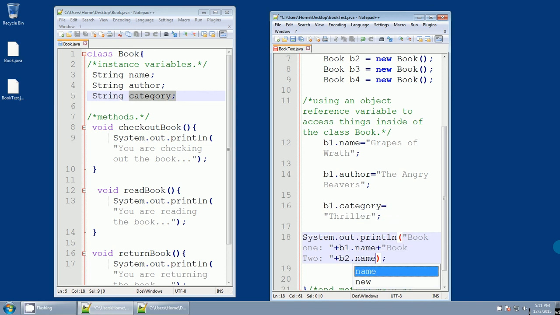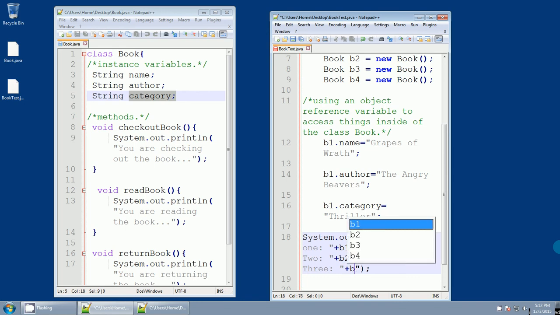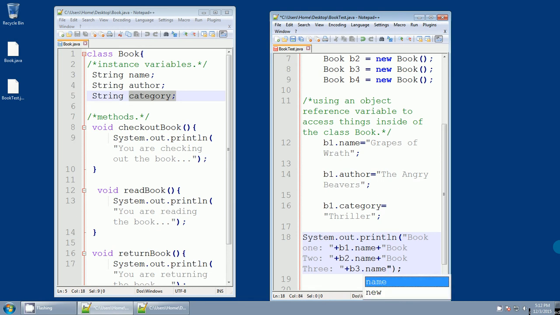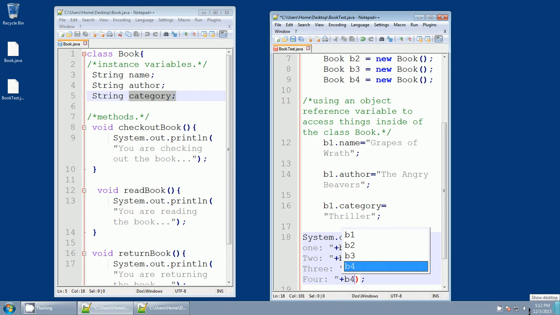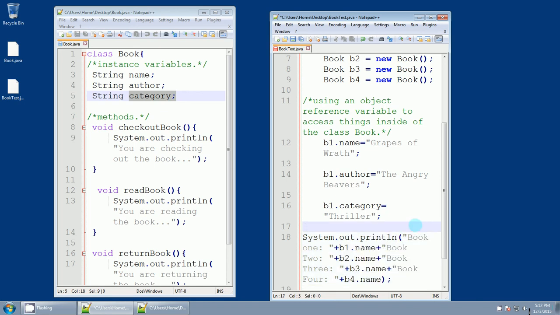b2.name plus "Book 3" plus b3.name, and lastly plus "Book 4 " and then concatenate b4.name. All right. Book 1, Book 2, and you see how when they're in double quotes, the strings are like a light gray,